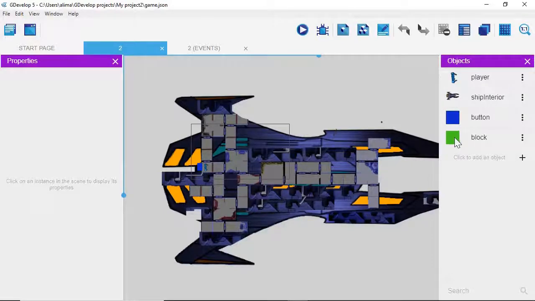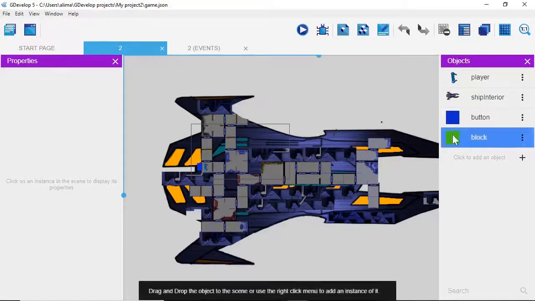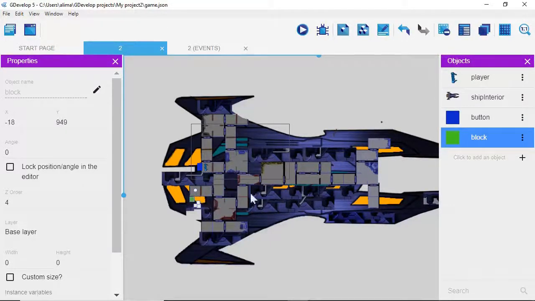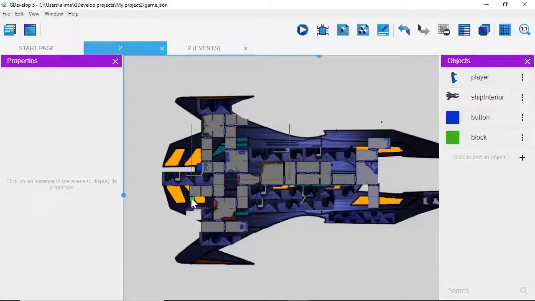And what we're going to do with this block is we're going to left click on the block and then drag this onto our work area. So here's the block right here. Okay, so we're going to put this block where we want things to, we're going to make sure we have block selected here. And the areas where we want to not be able to go, we're going to put this